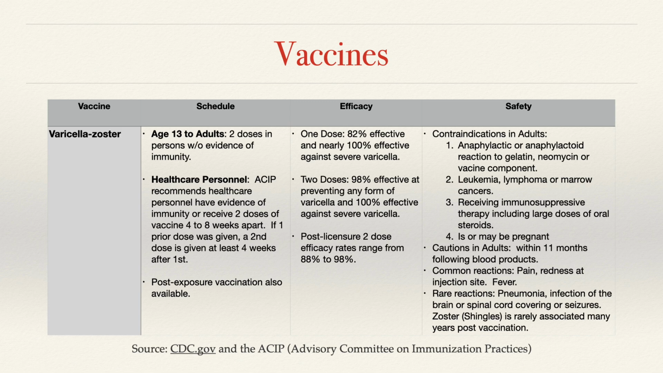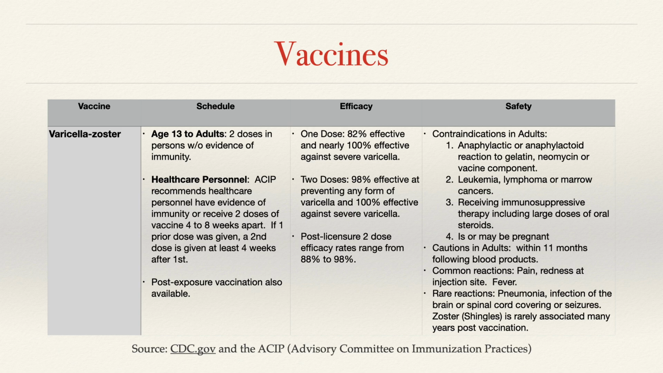Regarding efficacy, 1 dose is 82% effective and nearly 100% effective against severe varicella. 2 doses result in 98% effectiveness at preventing any form of varicella and 100% effective against severe varicella. Post-licensure 2-dose efficacy rates range from 88 to 98%. Lastly, safety. Contraindications for varicella vaccine in adults include